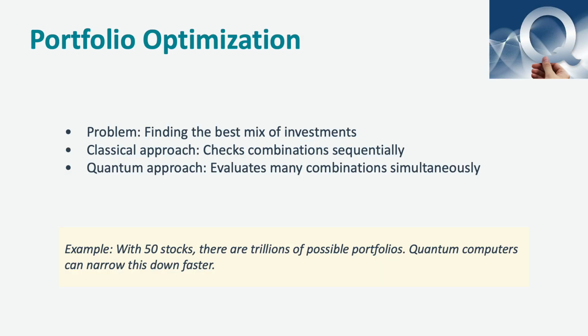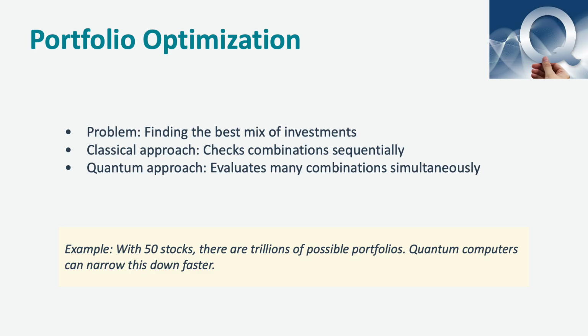Portfolio optimization is one of the classic problems in finance. Given a set of investment options, how do you allocate your money to maximize returns while minimizing risk? This sounds simple, but the mathematics quickly becomes incredibly complex. With 50 different stocks to choose from, there are trillions upon trillions of possible portfolio combinations. Classical computers can find good solutions using various approximation methods, but they struggle to find the truly optimal portfolio within